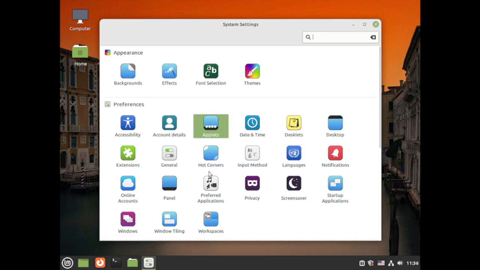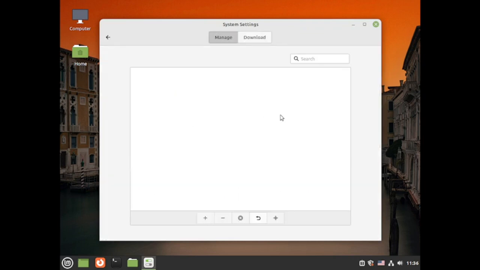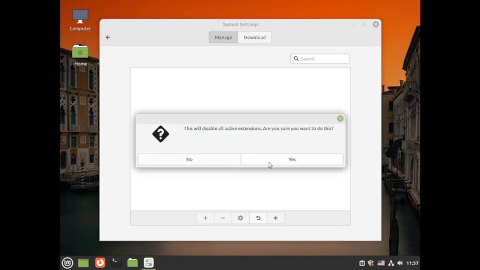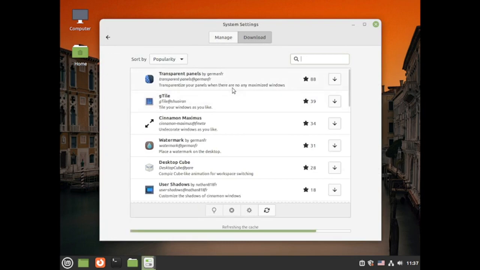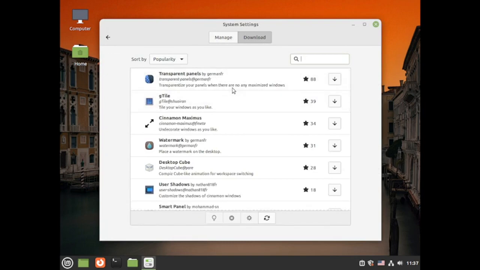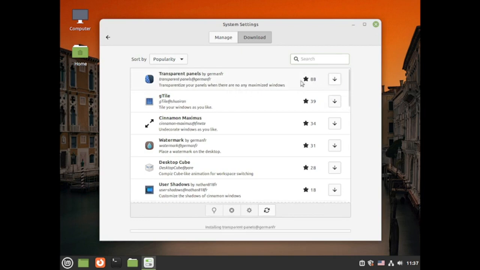Here you can configure the hot corners, the input methods, the languages, and the notifications. From here, you can configure and manage the extensions. Right now there are no extensions, but you can download them. My best extension that I always use is the transparent panel. You can download the transparent panel extension from here,